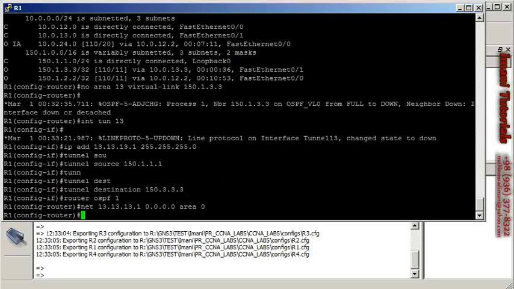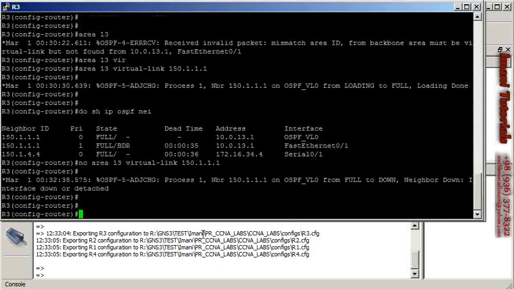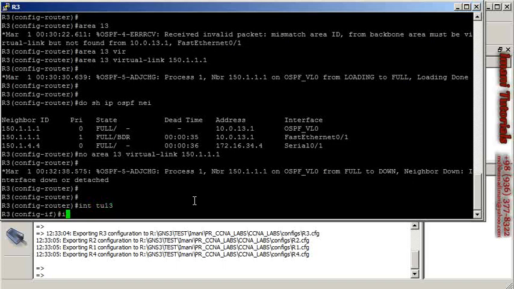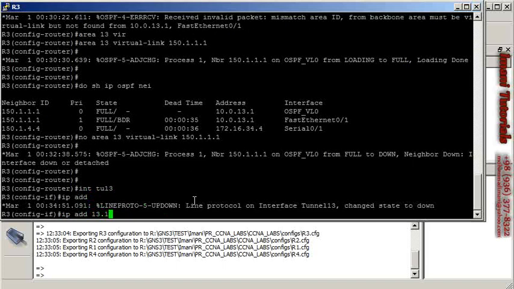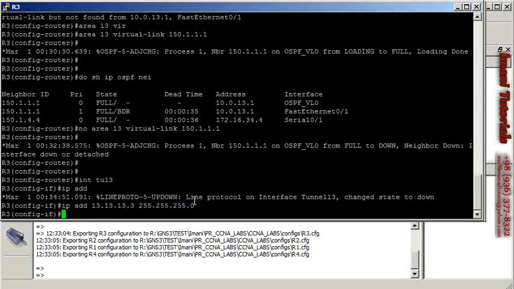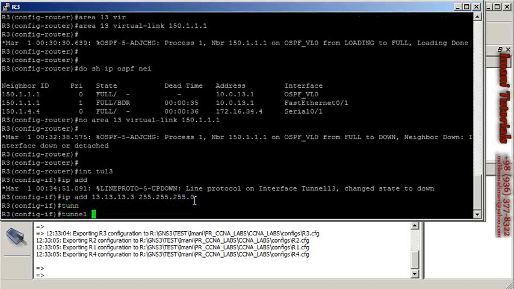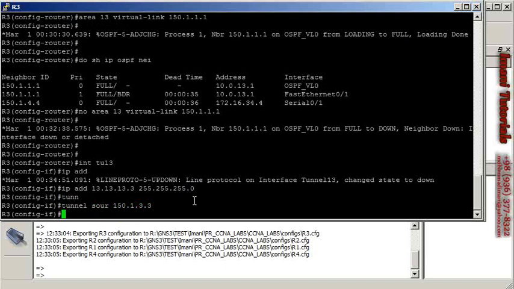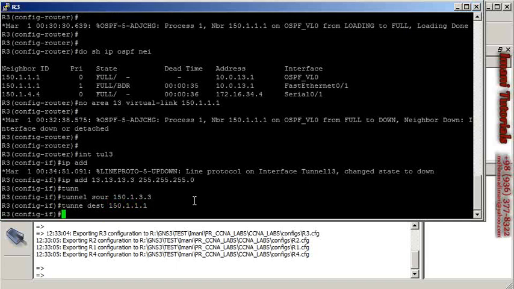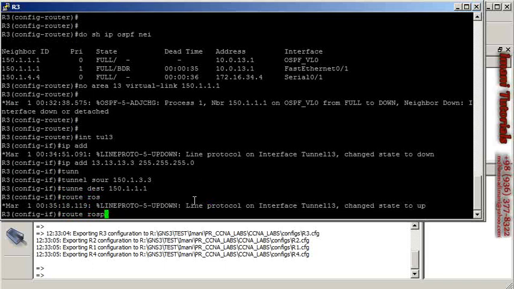And let's go to the other end. On router 3, I create the same interface tunnel, and I will name it tunnel 13. I add an IP address to it, 13.13.13.3, 255.255.255.0. I assign the tunnel source as 150.1.3.3, and tunnel destination should be 150.1.1.1. And now I have this, and I go to router ospf,